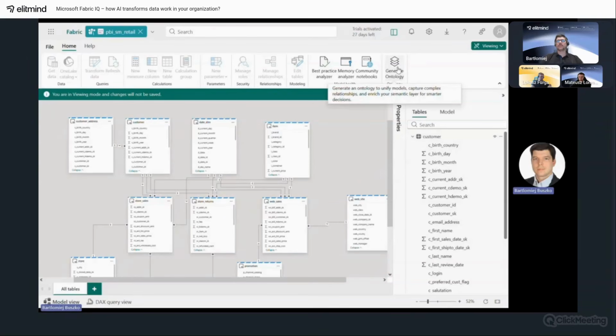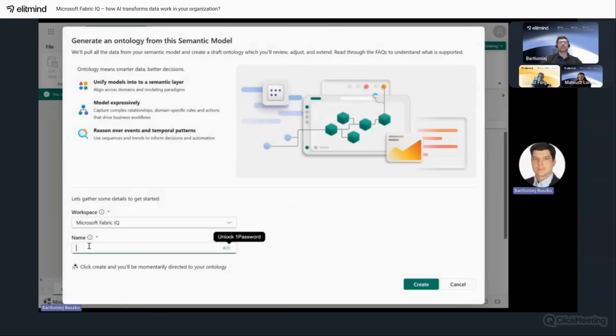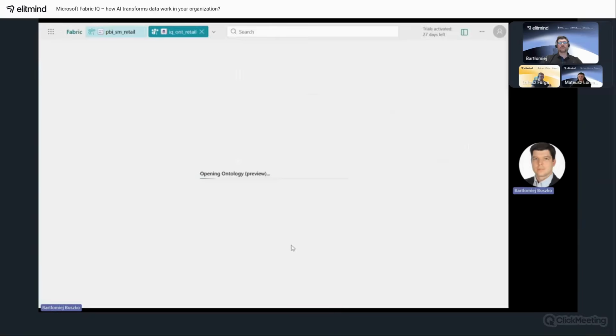Okay, let's generate our ontology from this semantic model. I will type here a name, it's IQ_ONT_retail. Now this is a pretty straightforward and fast operation. It may take no longer than 1 minute.